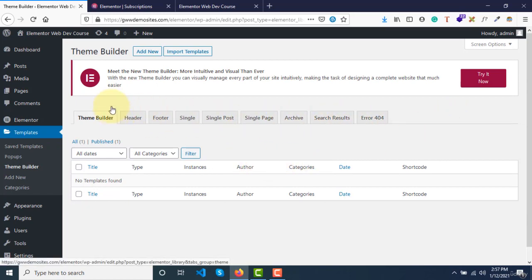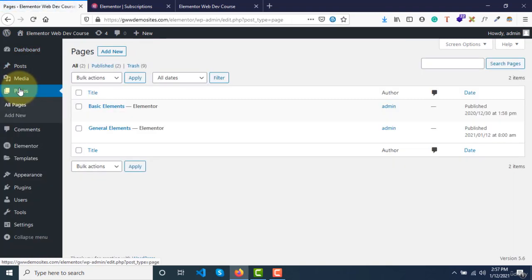Let me see if our Pro version widgets are now enabled or not. Before this, when we were using the free version, we were locked out of the Pro version widgets, right? If you click on edit with Elementor here and see, we only had access to the basic widgets and general widgets.